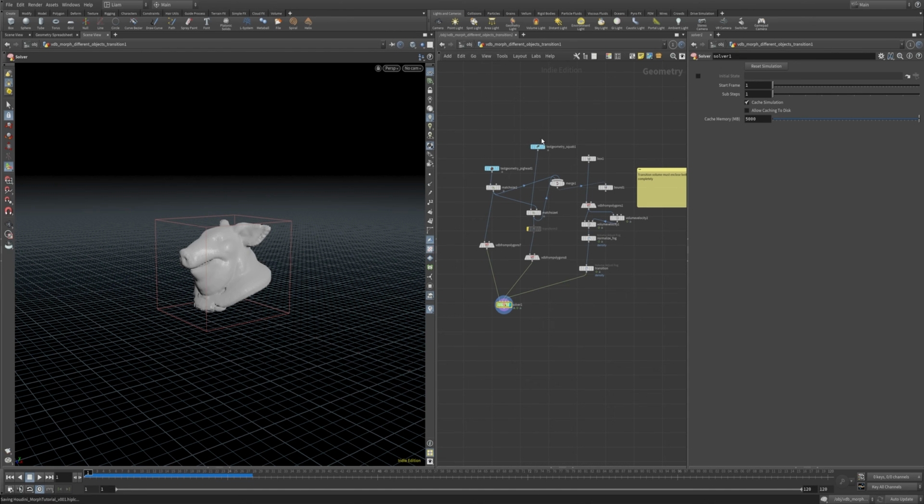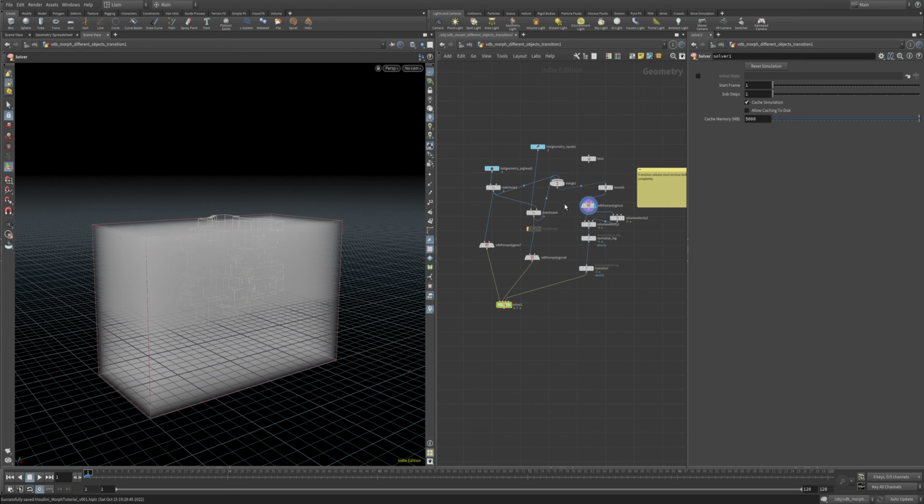I've also tried turning one object into a VDB, like we've got here, but as a fog, and using that instead. And I've tried doing the base one instead as well. Nothing seems to work. You've got to think about it too, where with these, if I turn this merge back on,